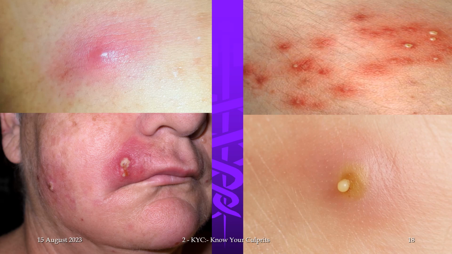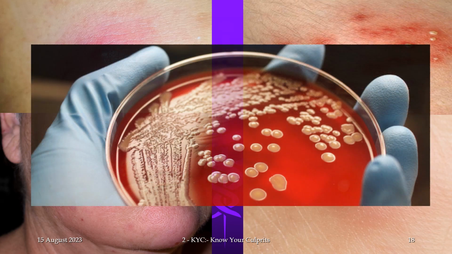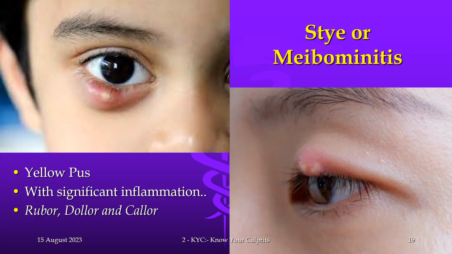When they infect the skin and the follicles, they produce yellow colored pus. Stye or meibomitis are caused by these coagulase positive Staph aureus, which produce yellow pus with significant inflammation signatures: rubor,